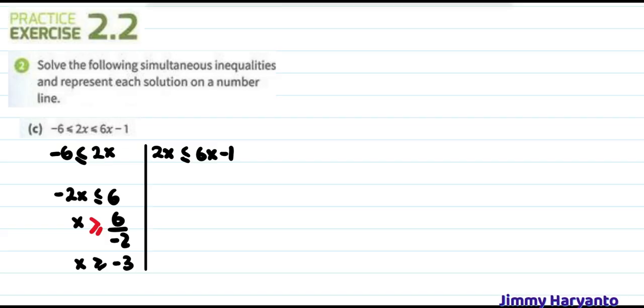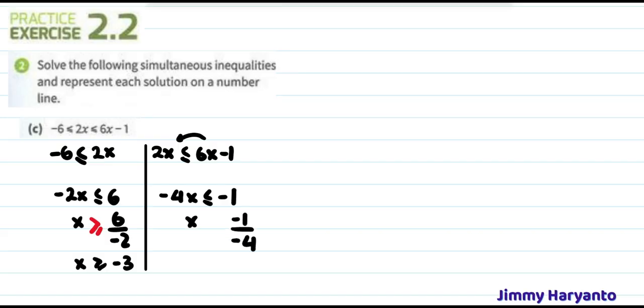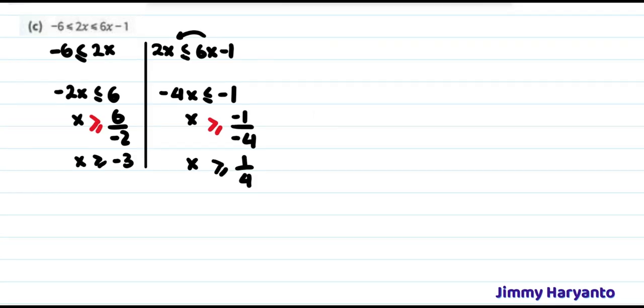For this one, I will move the 6x to the left hand side. 2 minus 6 equals negative 4x, and then less than or equal to negative 1, and then x is negative 1 divided by negative 4. So x is 1 over 4. Because we do the division of negative numbers, the sign is changed like that,